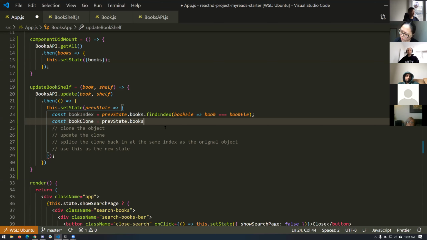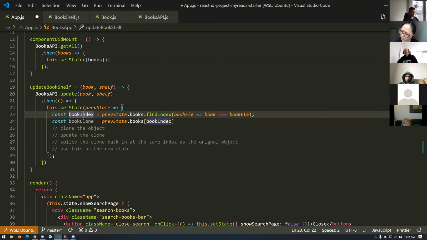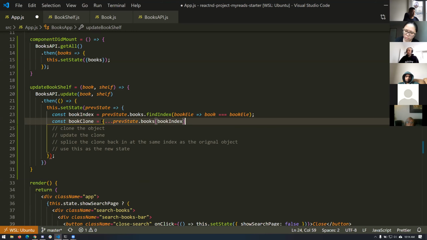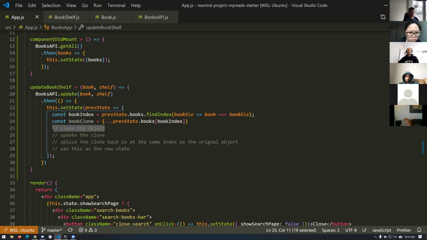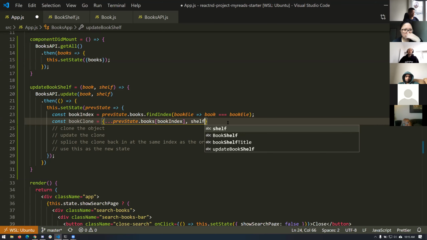Okay, so to create a clone of that book, I'm going to say const bookClone equals, and we're going to get prevState.books, and we're going to say bookIndex. So we're going to go get the book at this spot. Okay, so this represents the book at this index, and we're going to clone it. Okay, so clone the object, and we're updating the clone. So we can find the book object, clone it, and update it all at once, because we found the index, we're getting the book, we're cloning it, and if we put this comma on and a new shelf,